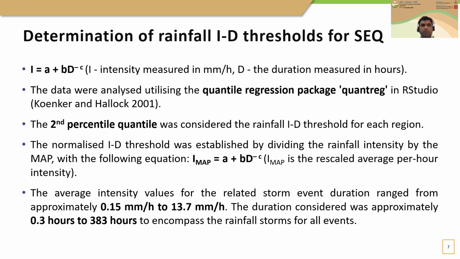For the curve fitting of ID threshold equations, quantile regression is identified as one of the best curve fitting options in this regard due to the increased accuracy. Quantile regression provides higher accuracy for cases where the variance may not be uniform within a data set, as the approach considers the median for each quantile. Hence, quantile regression varies from linear regression, as the methods are based on median and mean respectively.